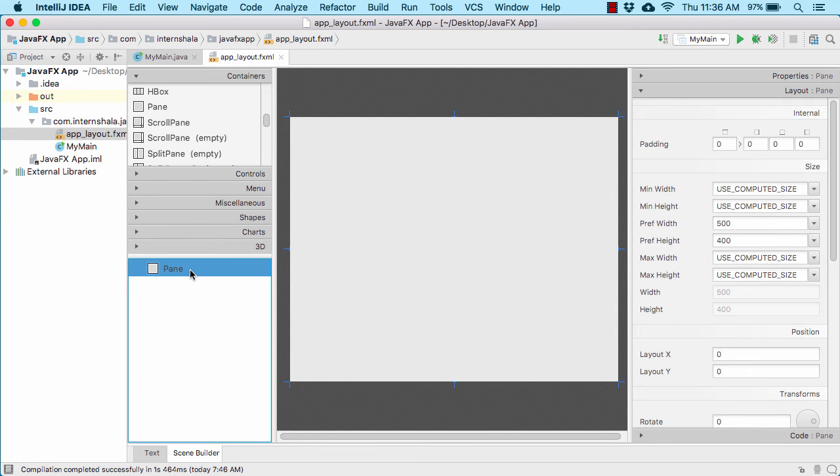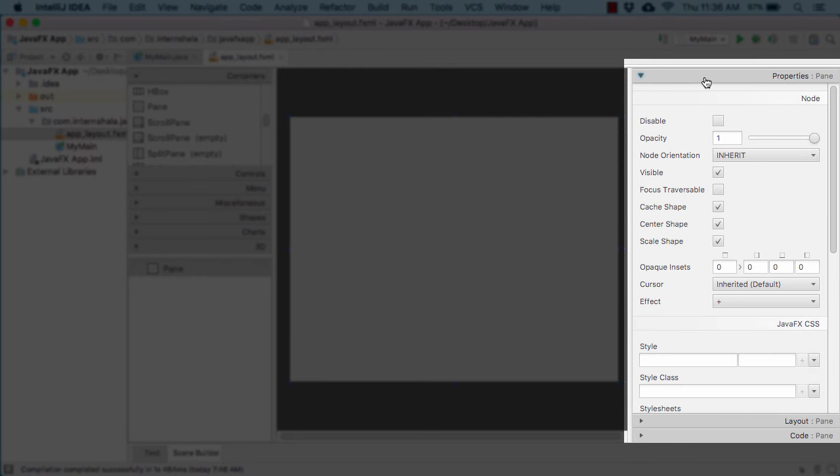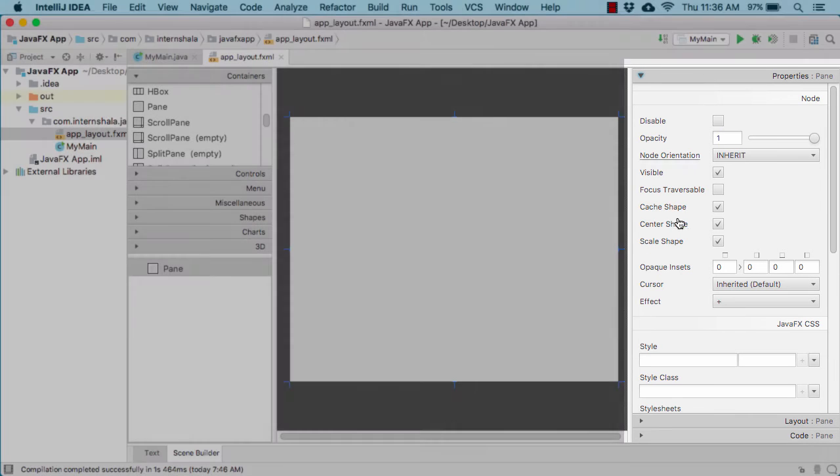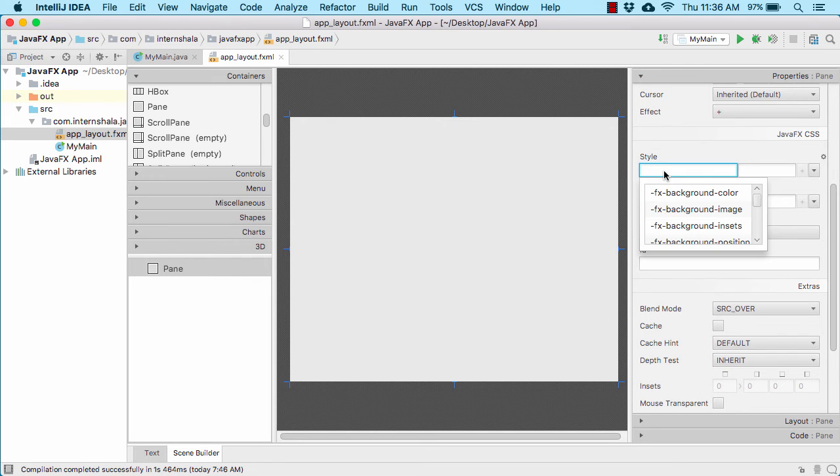So for that, let us move to the properties of the pane. Click here, it will simply expand it, and now down below you will find this section of style. Right? If you click here, then you will find multiple options: background color, background image, and so on. There are many other options, but we want to modify its background color. So simply select it, and then on the right you have to specify the background color value, and this needs